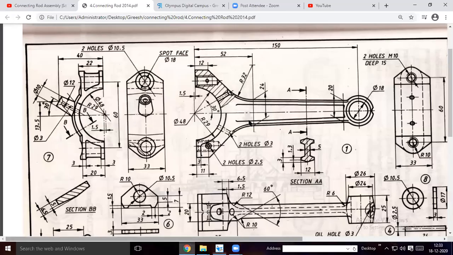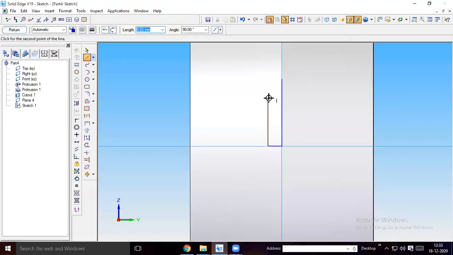Then here you see the total length is 24. From 24 you can neglect this 3 mm at the bottom and this 3 mm at the top. So how much is it? 24 minus 3 plus 3, 24 minus 6, it will be 18 mm. 18 mm means the distance from here to this point will be 18. So 18 means on one side it is 9 mm. So you take 9 mm at 90.